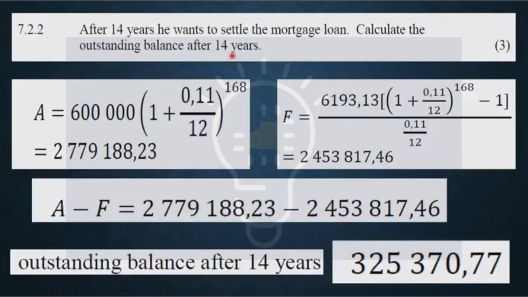So when I put all of that in the calculator, the accumulated value will be 2,779,188 Rand and 23 cents. However, I have to find the future value. Remember, in the previous step, I found the value of x. There it is here, 6,193 Rand 13. Put it in. I still use the same values there. There's the 168. Everything's exactly the same. And then I come to a future value amount of